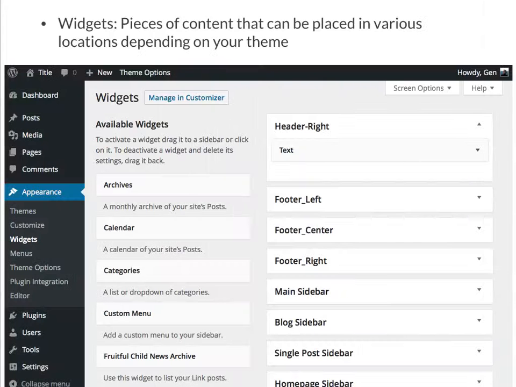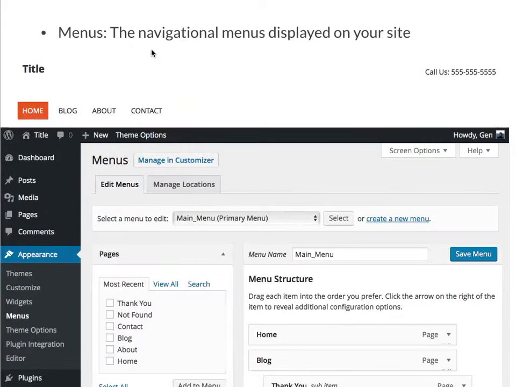Next up, we have widgets. Widgets are pieces of content that can be placed in various locations depending on your theme. You can access them from the back end. Again, I have a video specifically devoted to the WordPress dashboard, which goes into a lot more detail and walks you through the back end and the dashboard. Menus. These are your navigational menus. So here's an example of what it might look like on the front end: home, blog, about, content. And then here's an example of the menus on the back end. So you can see home, blog,